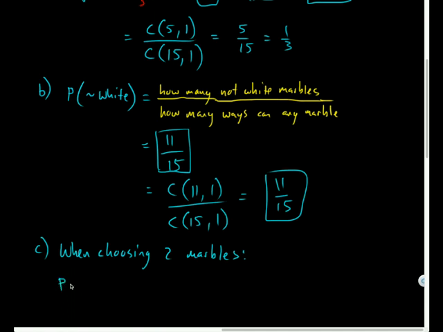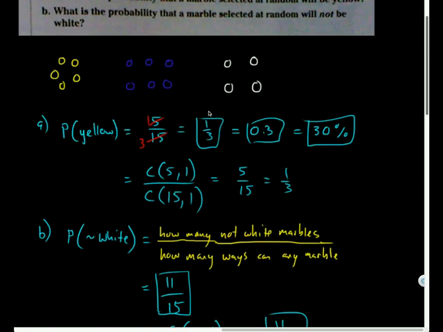All right, so a lot of explanation for this question. So what's the probability that I get 2 yellow marbles? So how many ways could both of those marbles be yellow? And now this is where I can't necessarily just count this. I've got to figure out how many ways can I pick 2 marbles out of the 5. Well, I could have chosen this one and this one, that one and that one, that one and that one, this one and this one, or this one and that one, right? And that's not going to be an effective way to figure this out.